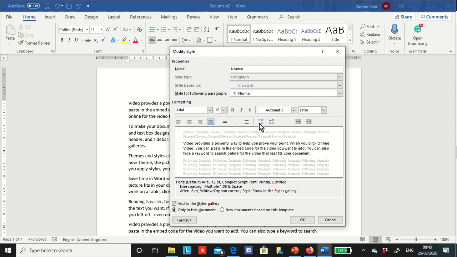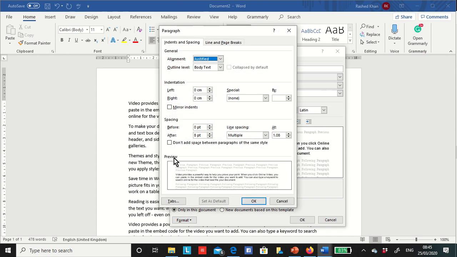Okay, we need to change the line spacing. For that, we go to Format, click on this arrow, go to paragraph, and then on the line spacing, do either 1.5 or double space.